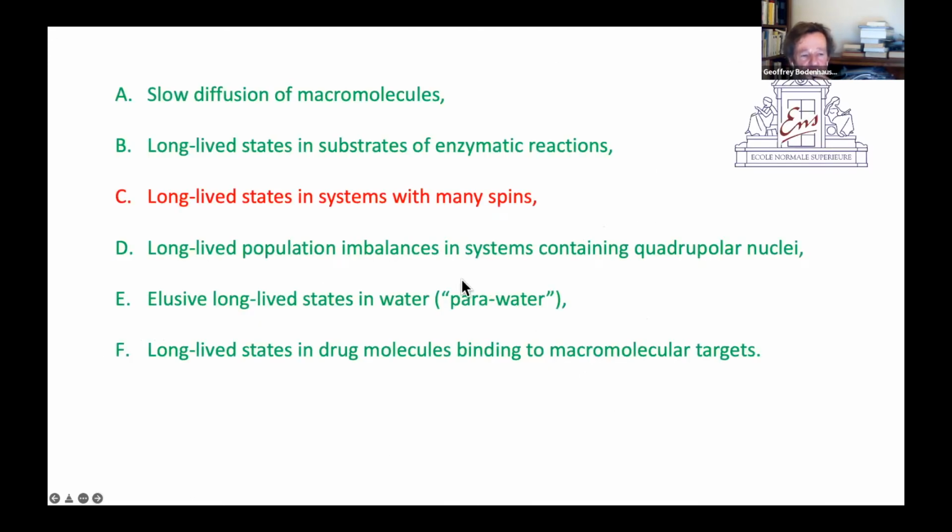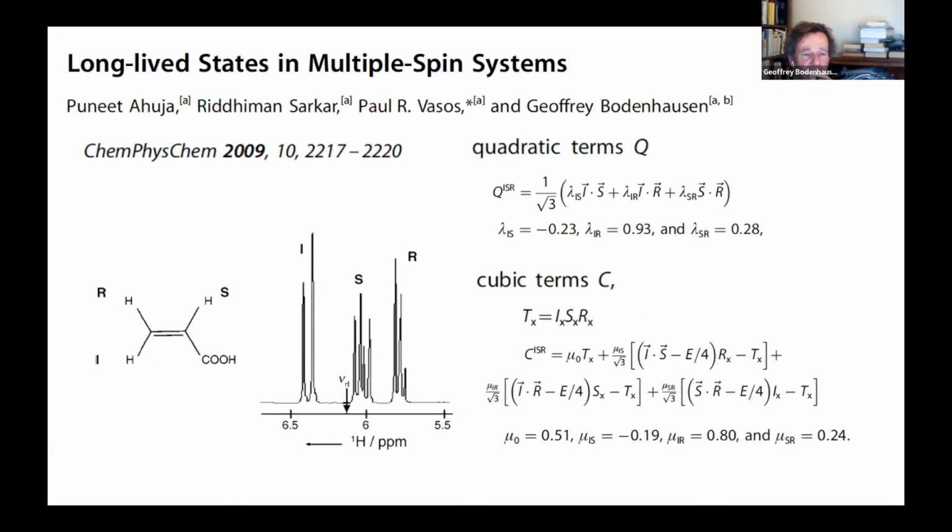Now, another problem that we talked about a great deal, both in Lausanne and in Paris, is how can you tackle many spins? Well, Malcolm has also worked on this, but I would like to give one example here of this particular molecule, where you have two nearby protons, which have a strong dipole-dipole interaction. So these would be an interesting candidate to create a longer state. But we have a third proton that perturbs here, and of course that will participate and somehow contribute to the relaxation of the other two protons and basically break the symmetry and mess the whole thing up. So the question is, what do we do in such a case?